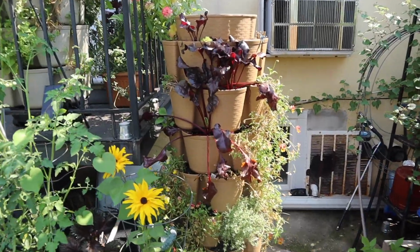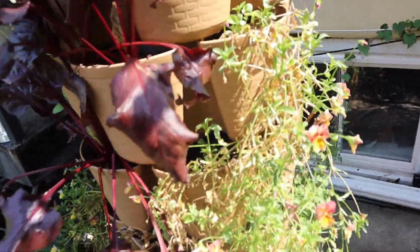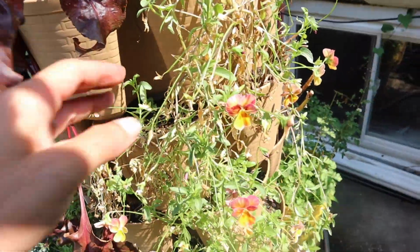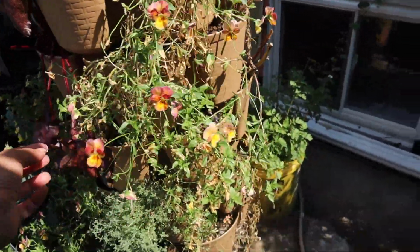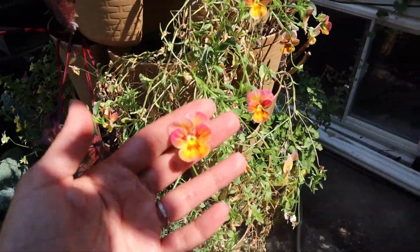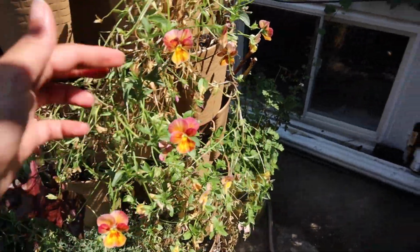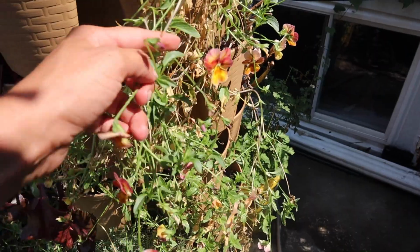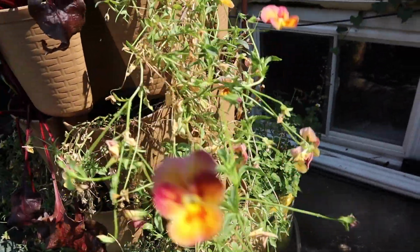Here we have the green stalk. Man, it's been so hot for these guys, poor babies. I've been trying my best to get these pansies to survive because they like the cool weather, and I like to use these flowers for garnishing food. I work as a private chef, and I like to make nice salads for my clients, and I like to take flowers from the garden to do that too. And I've been trying my best to keep them alive, but they're just